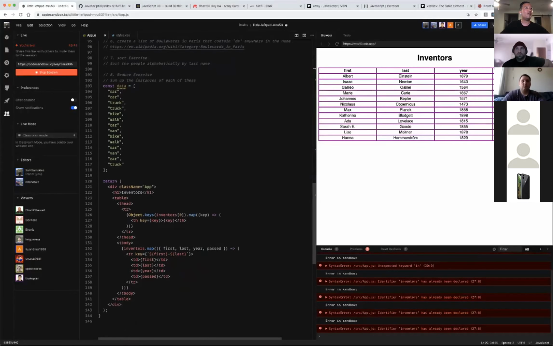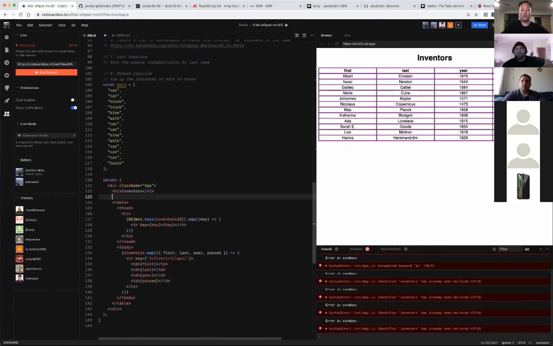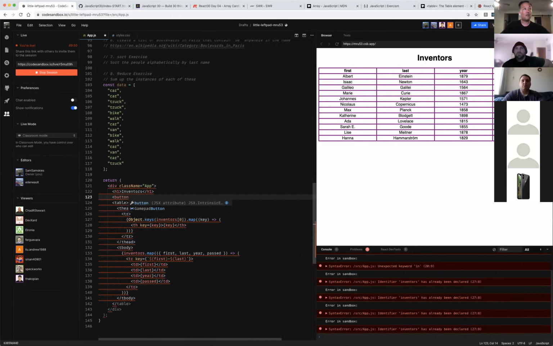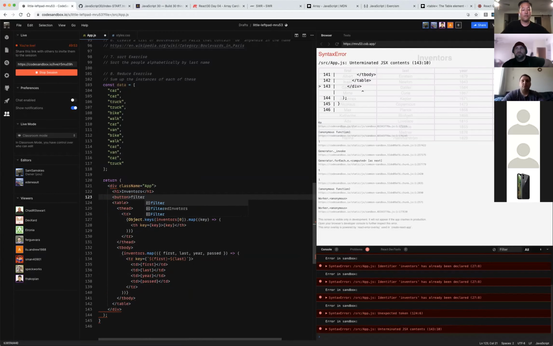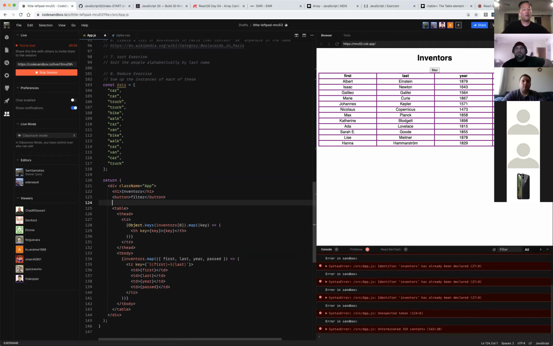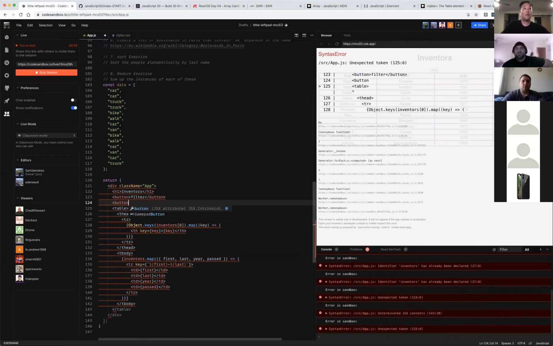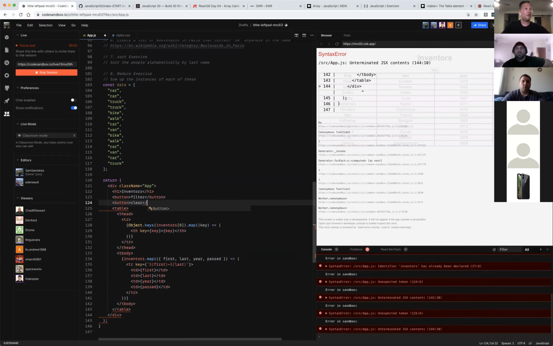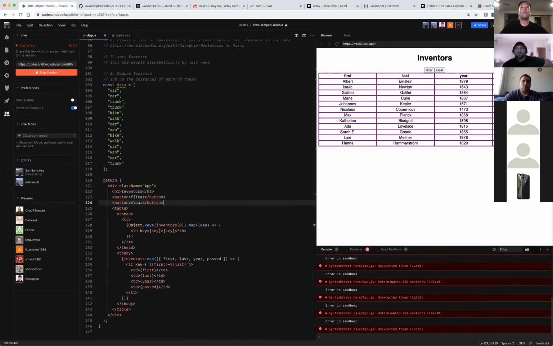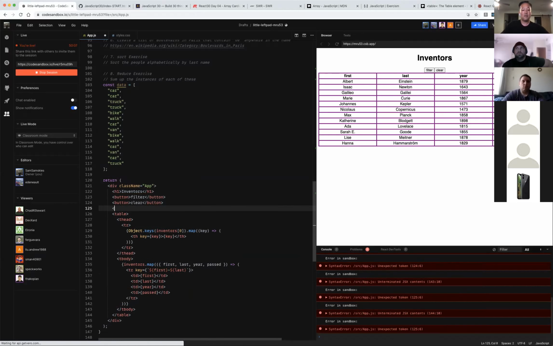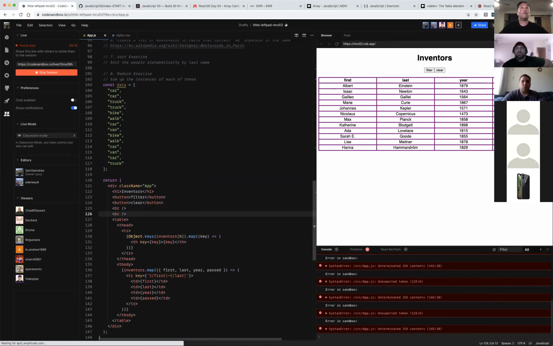Maybe just above, we don't need to make it fancy. Button filter, button clear. Okay, we got these two buttons. They don't need to be nice, but at least have a little space. How come that didn't work? Let's see. There you go. So when I click this filter button, I'm going to filter